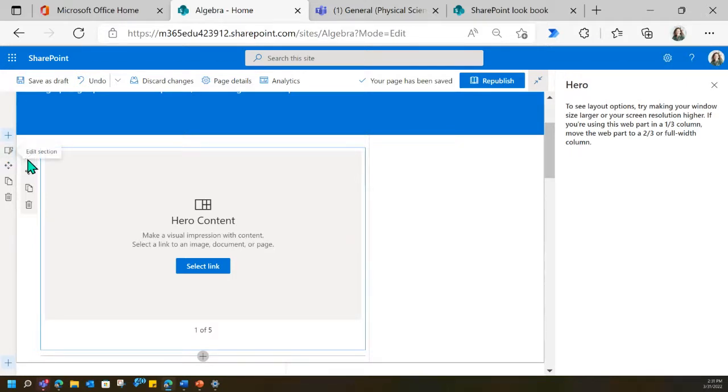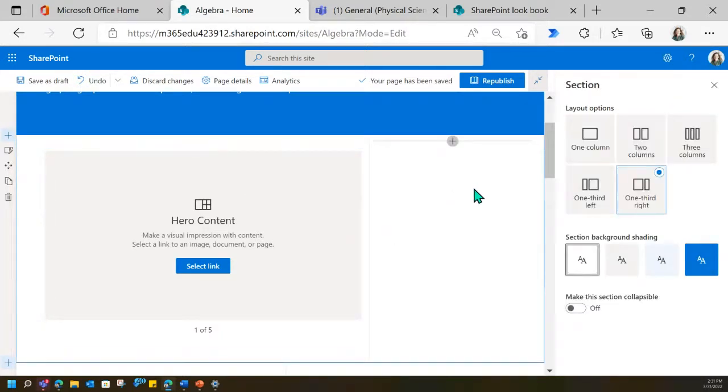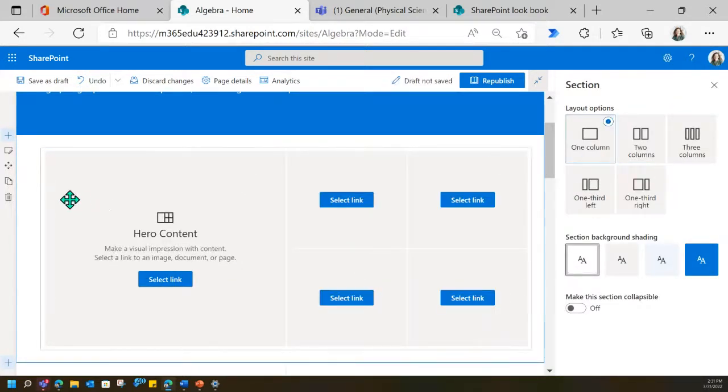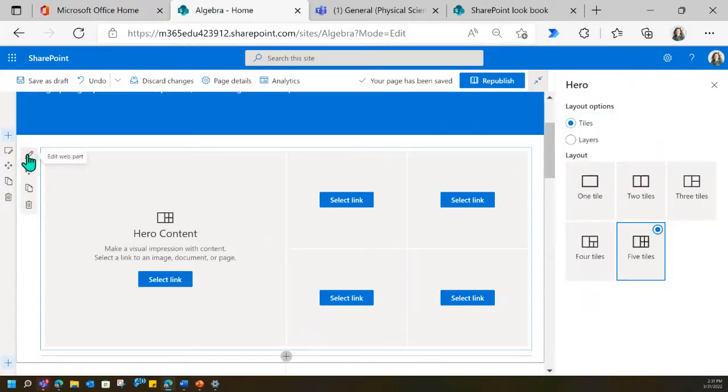You'll notice that the icons will start to be the same, but they are referring to different areas of the web part. So these icons are pertaining to the section, and if you hover over them, it tells you that too. These particular icons are pertaining to the web part, and then once I add some elements to the web part, there will be more icons that populate. So I want to edit this web part. I think I might have to turn this into a 1-column layout just to start with. So edit the web part,